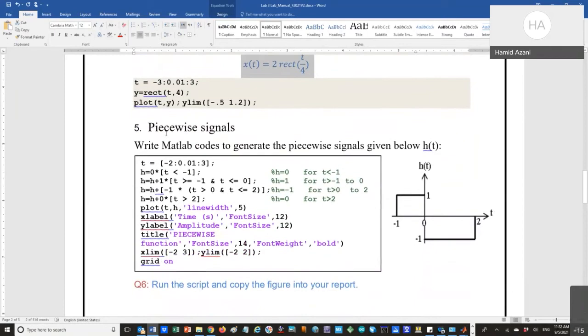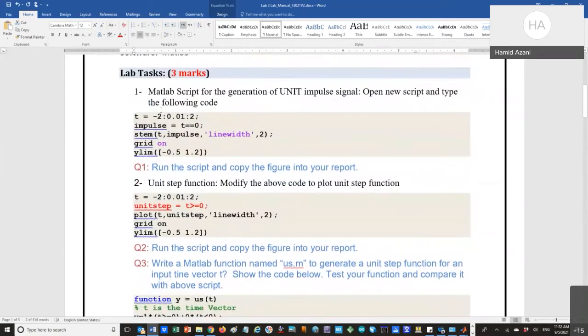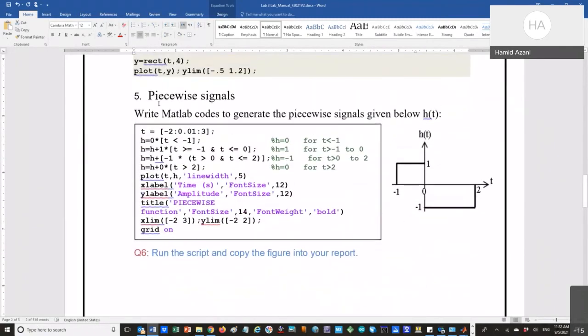Okay, so those are for generating the pulses, different types of signals in terms of impulse or step or ramp, and here is the other part, which is the piecewise signals, like I have told you. Segment by segment, we can generate different signals. For this case, the time is specified to be between -2 and 3 with this step. Here, anything before -1, like in this case here,